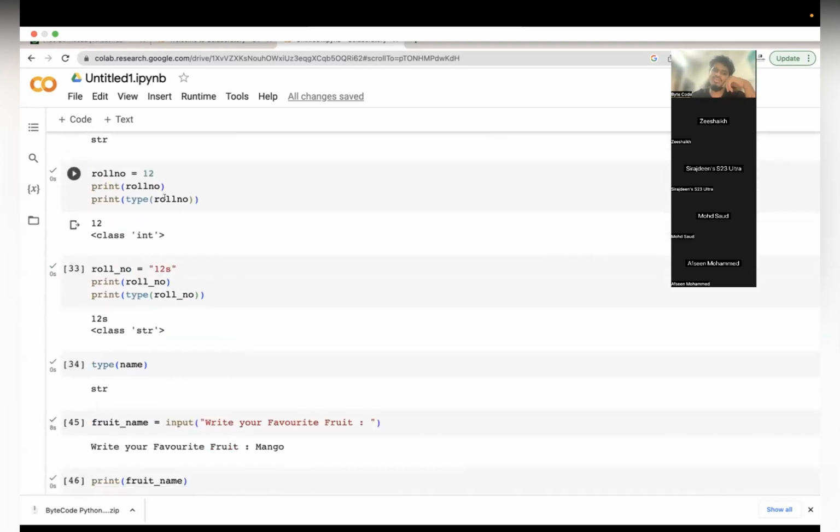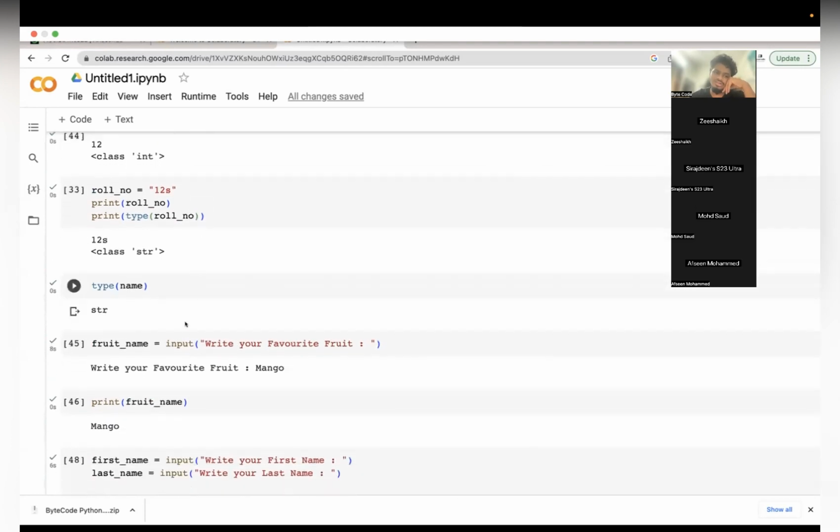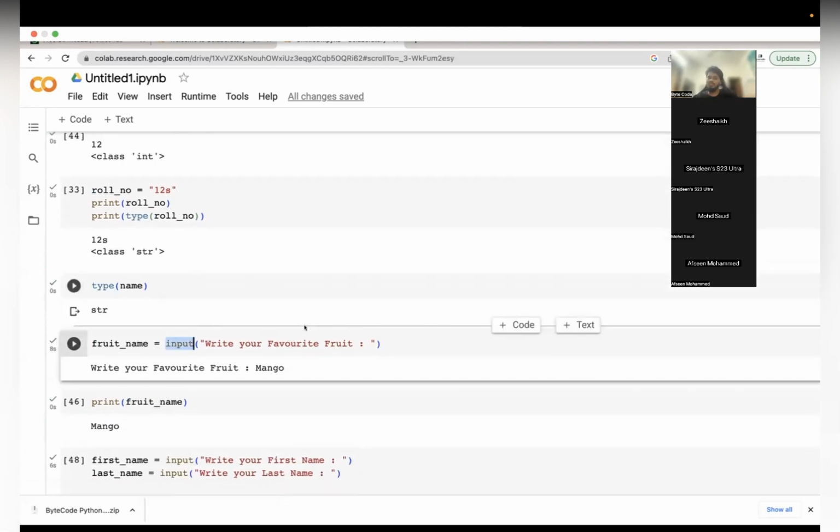And then we also saw the input function, which gets the user to input some string onto the console and stores that into a variable.